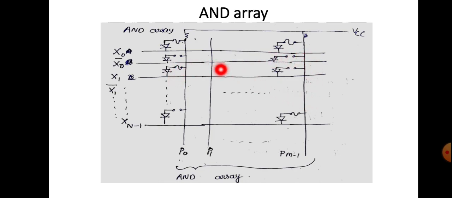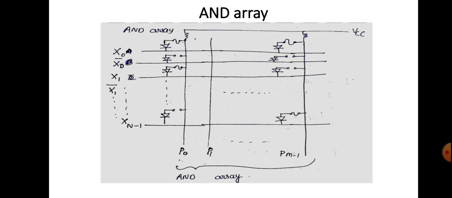Similarly, there is a connection also. If VCC is connected through a forward diode and a fuse link, then VCC is connected to this x0. That means x0 will be obtained at P0, that is, at the AND gate. So this is the way we are programming the AND array. Sometimes the connection is joined. Sometimes there will be horizontal and vertical lines with no diode connection shown, and we have to indicate it with a cross mark. So that we will see in the problem.